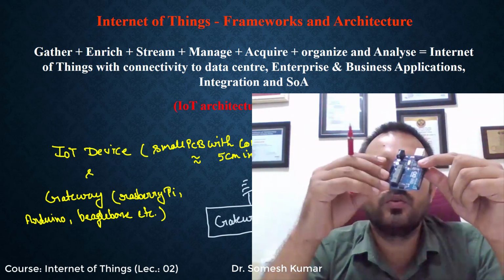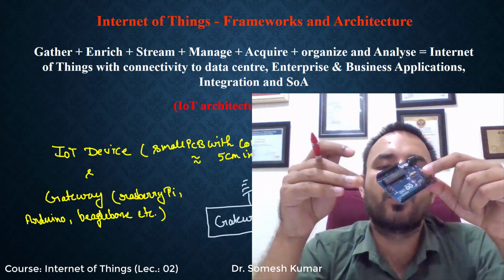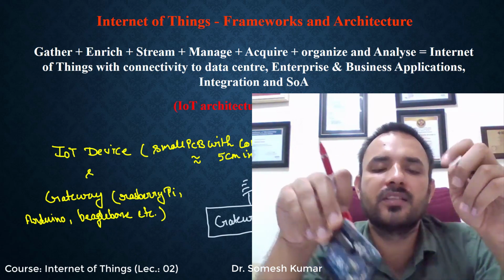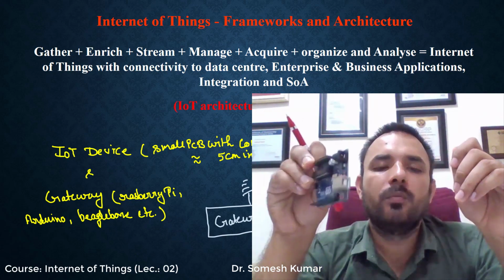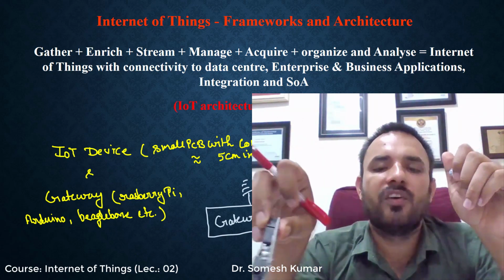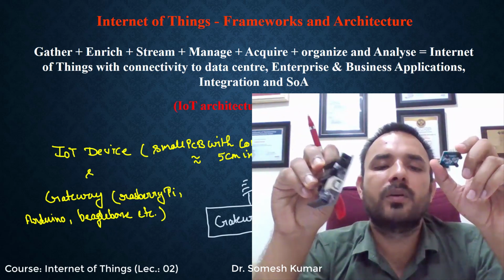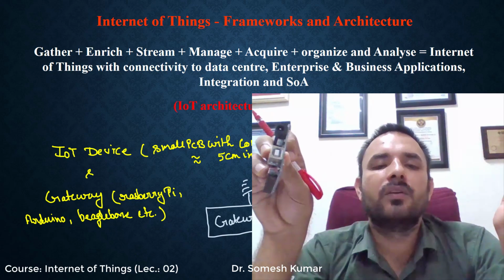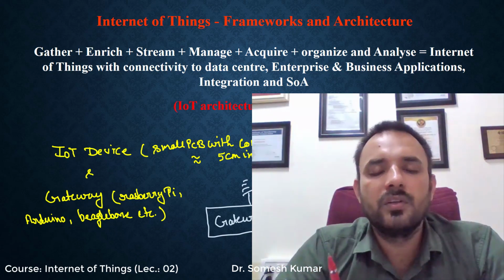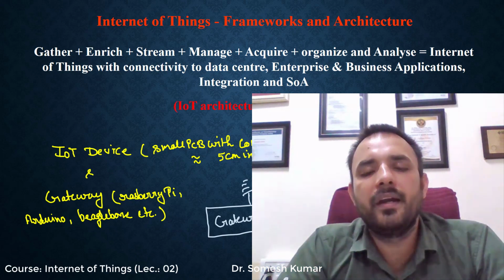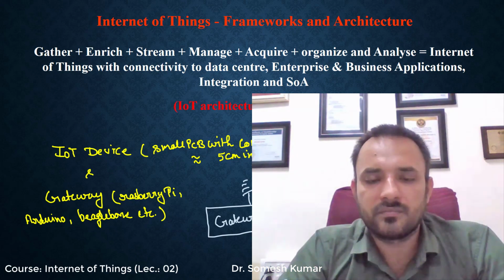This Arduino Uno, or any gateway, has some processing unit. All these gateways also have some operating system, mainly Ubuntu. Fine. For example, Raspberry Pi has it, because Ubuntu, or Linux, is freely available. So these gateway devices have some inbuilt embedded operating system.